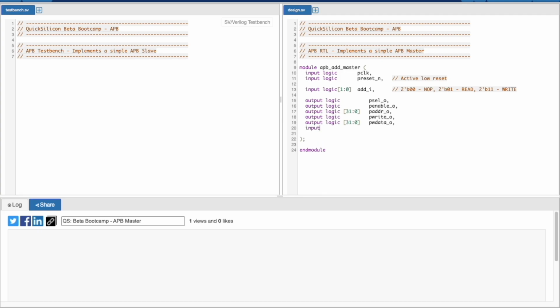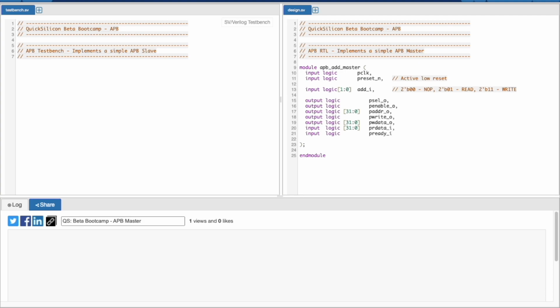And then we will have PRDATA, which will be an input, as well as our PREADY signal from the slave. So let's assume that there are no slave errors and stuff like that, because it will then take a lot of time to implement.